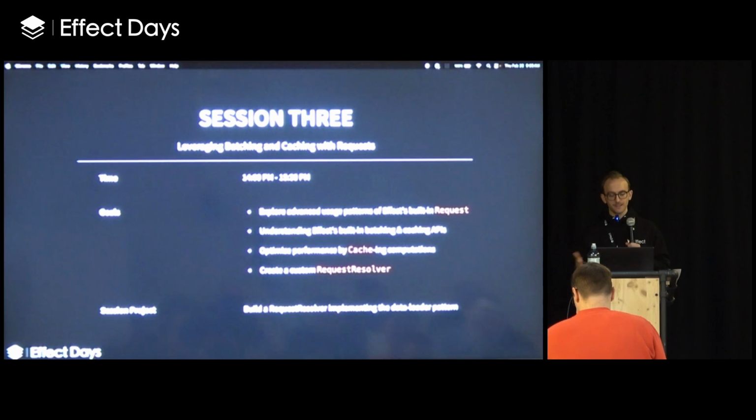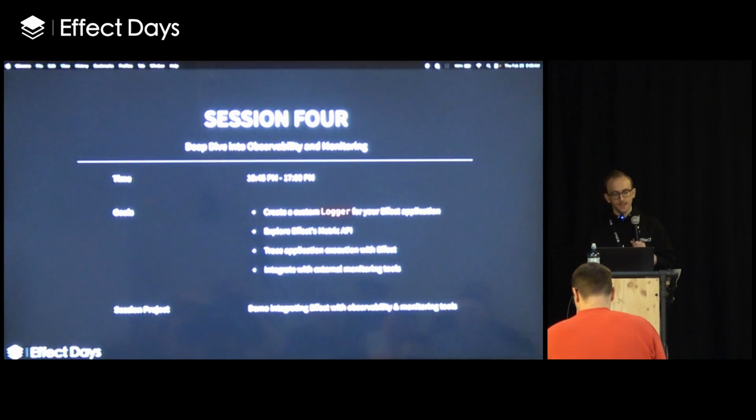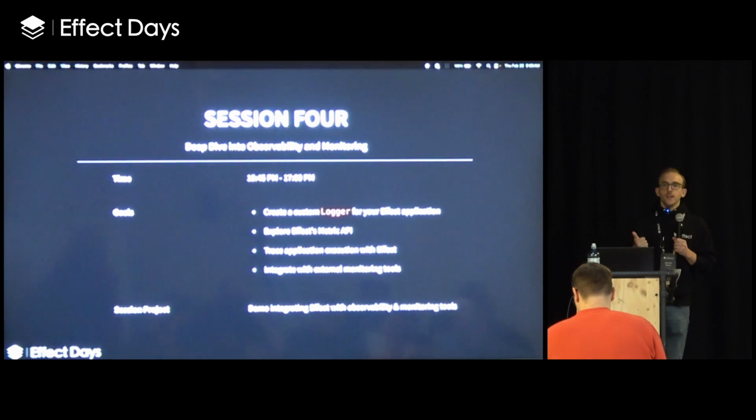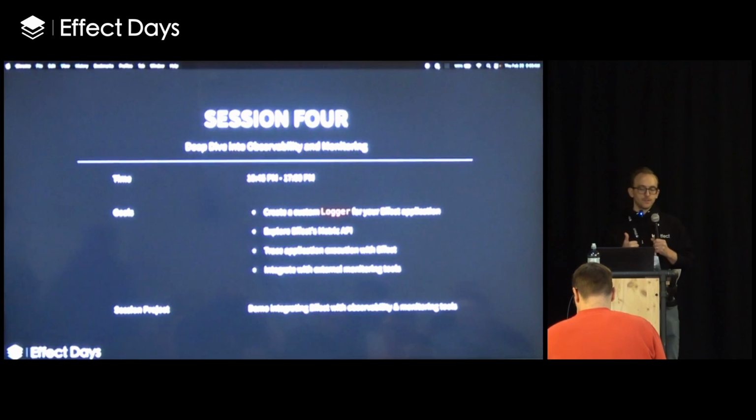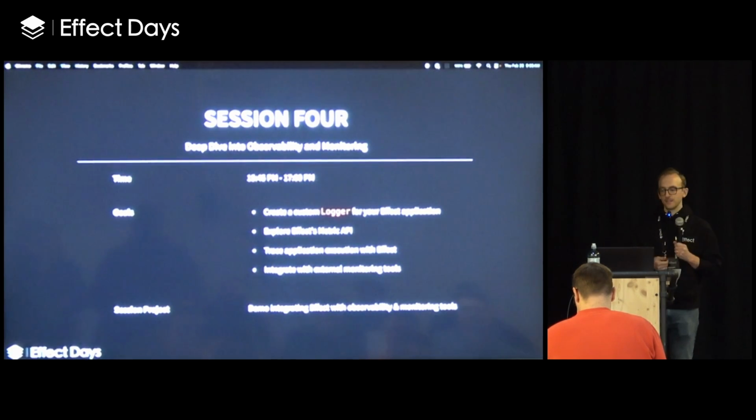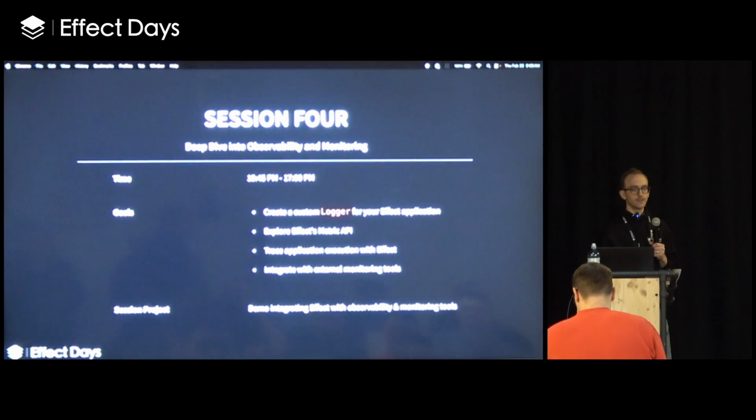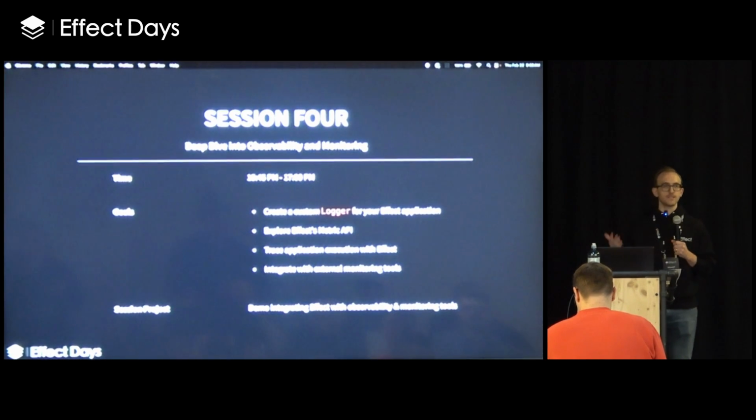But again, like a lot of really useful things that we can learn by doing this. And then in session 4, we'll be doing a deep dive into observability and monitoring with Effect. So talking about custom loggers for your Effect application, exploring the metrics API that we provide, how do we trace